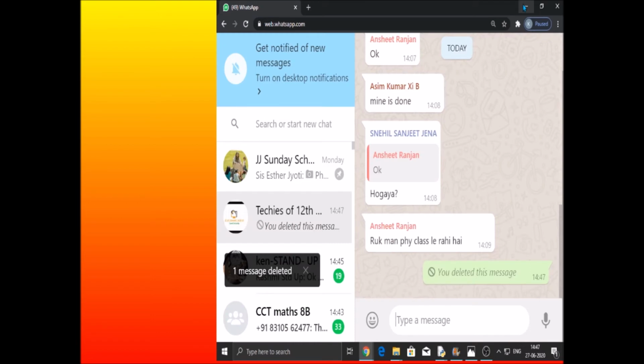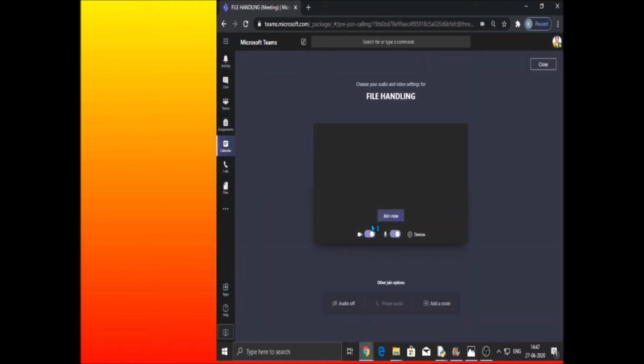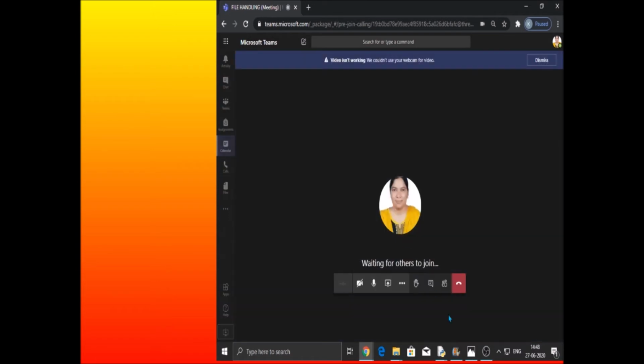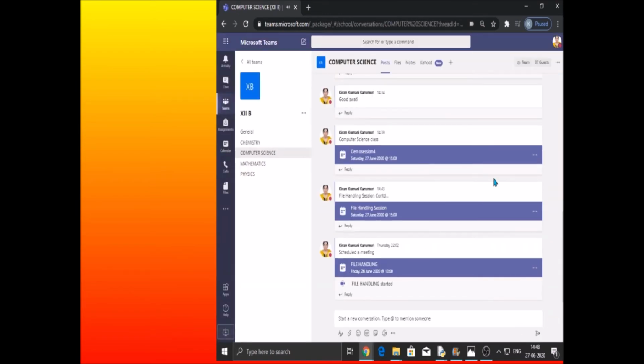Okay, fine. Hope you all understood. Yes. So if you join, then the join now option will come. Then you can see what's the conversation. You can initiate also. You can join well in advance and check also. This is your calendar. You can log in anytime and you can join. But the people will be joining as per the schedule given.